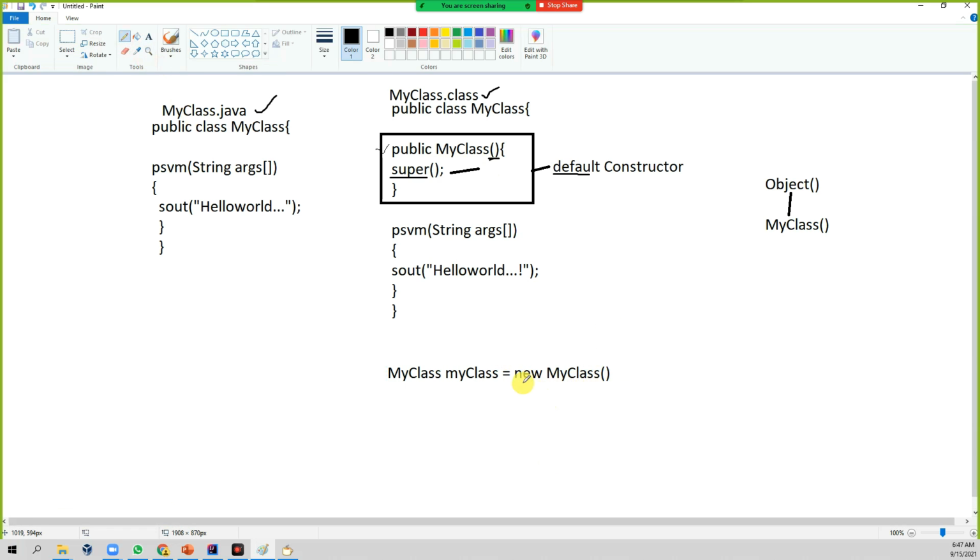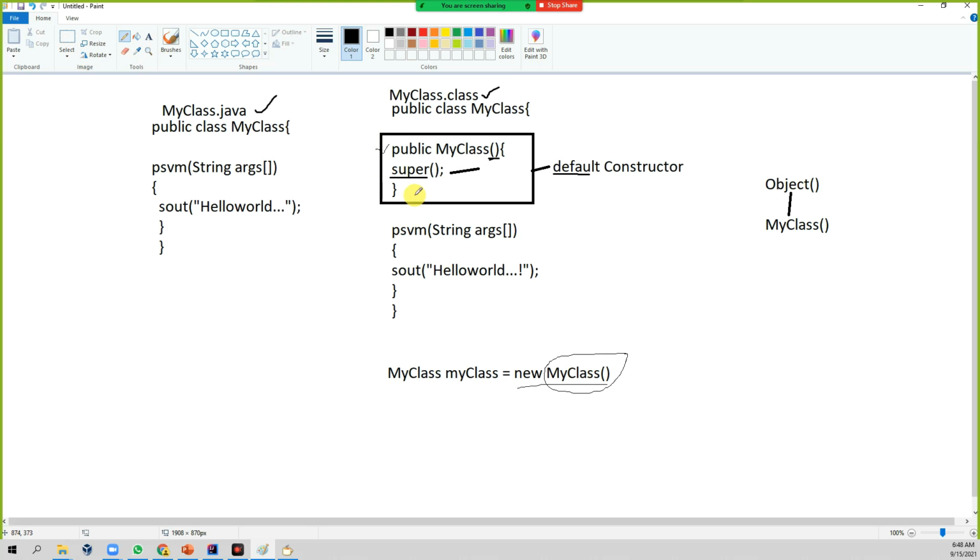So what does this mean here? This is object creation, and this piece is nothing but a constructor. So MyClass() is a constructor. Internally, the MyClass constructor will be like this.